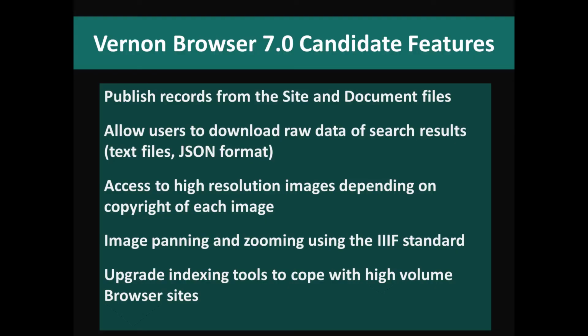We've also got a set of candidate features. Some of them are ones that were raised last year, and so those continue to be at the top of our list of features that we're looking to support in the coming year. So that includes support for publishing records from other files in Vernon, so sites for archaeological collections and for natural sciences collections, and documents, which can be important for things like art collections where you've got extensive biographies that relate to a particular artwork. We also want to allow people the option of downloading their search results in different formats,